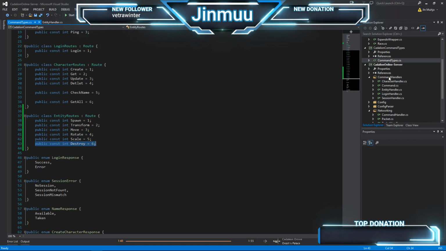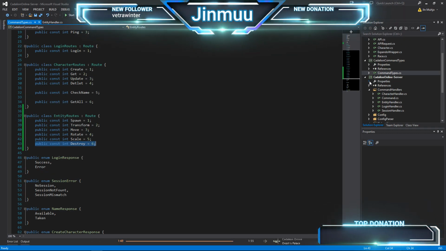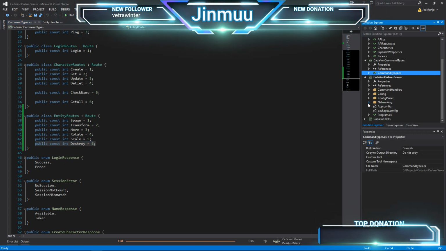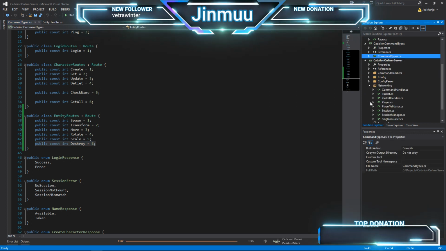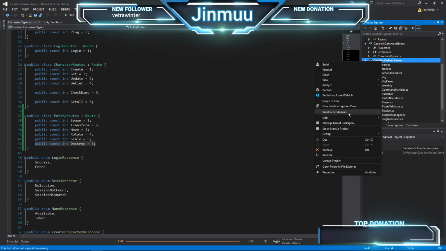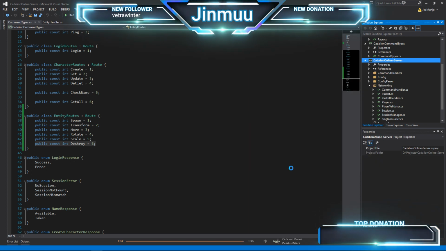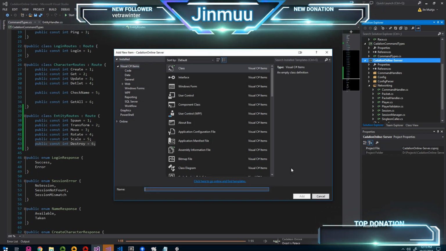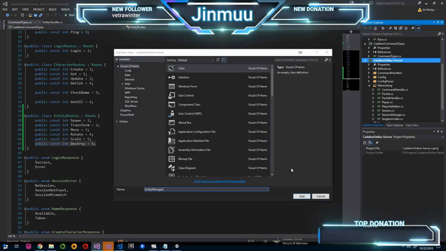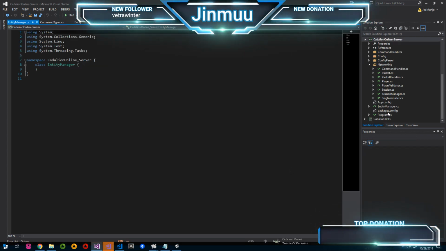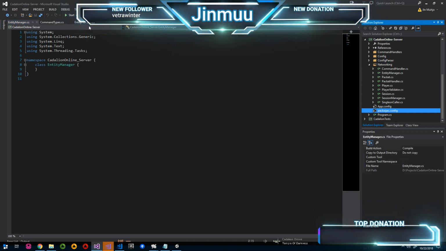So one thing that we do need to do in here is we need to, under our networking, we need to create an entity manager. And what that is going to do